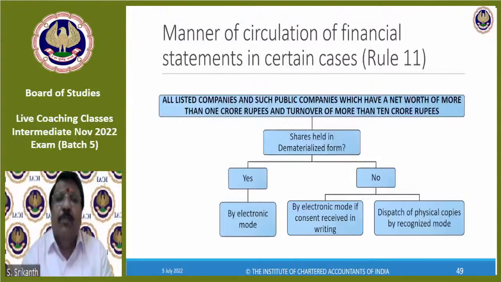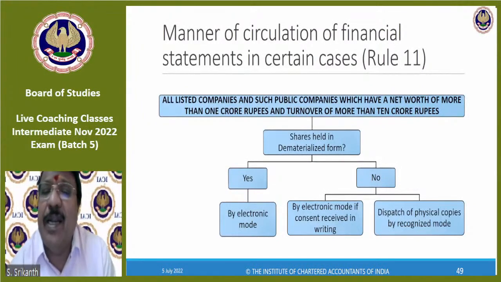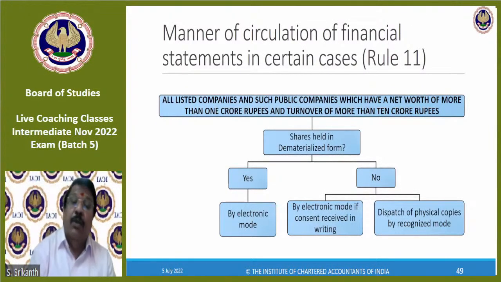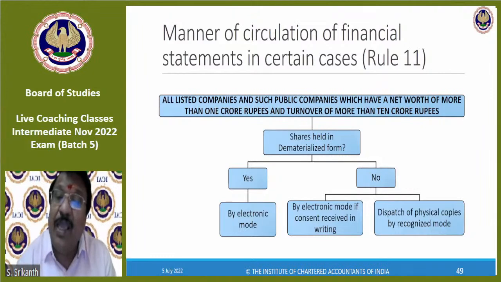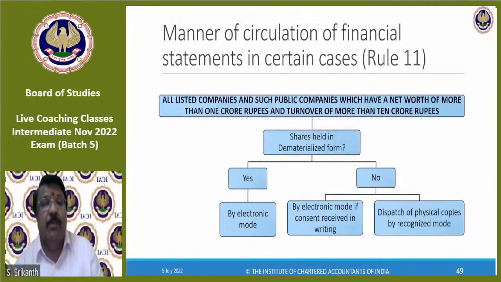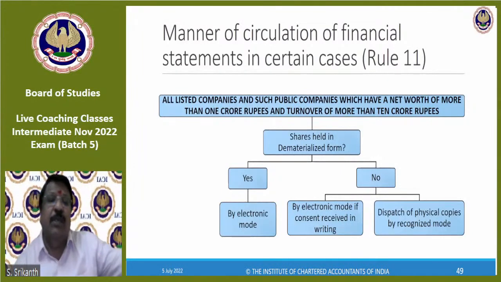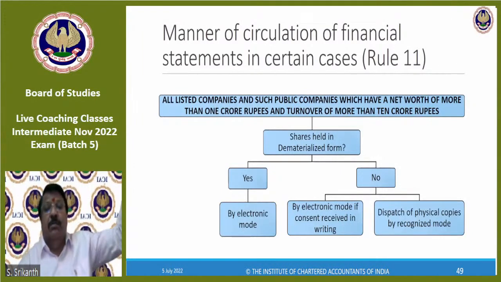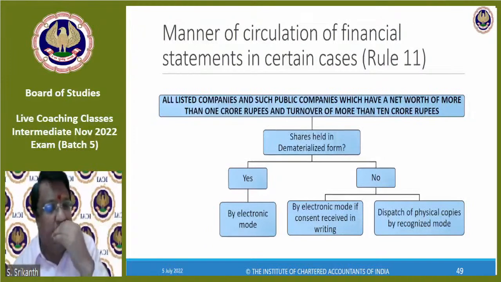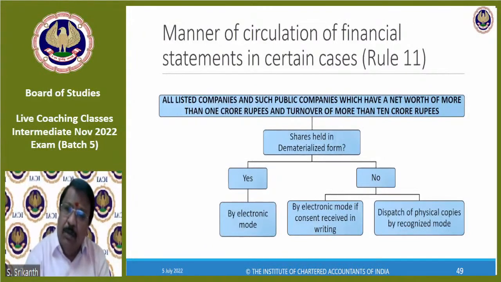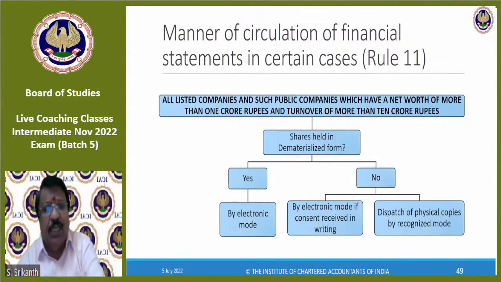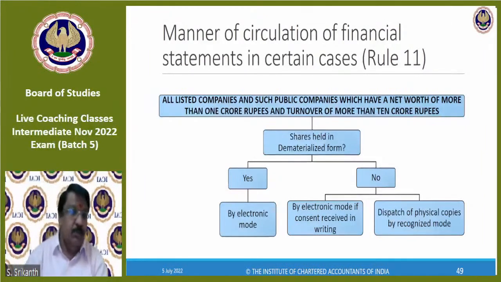Okay. Suppose your shares are not held in dematerialized form, then you can get the consent from the member and an email ID. Even if it's not in dematerialized form, you can send it to his email ID, provided he gives his consent. If such consent has not been obtained or given, then even for these companies, physical copies have to be dispatched. Okay. But